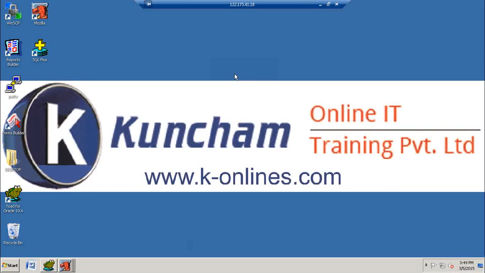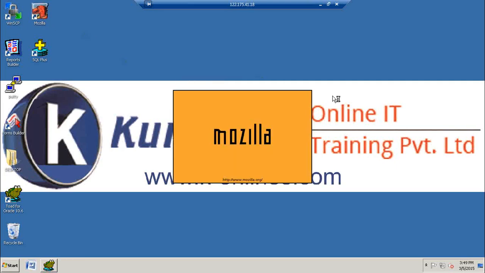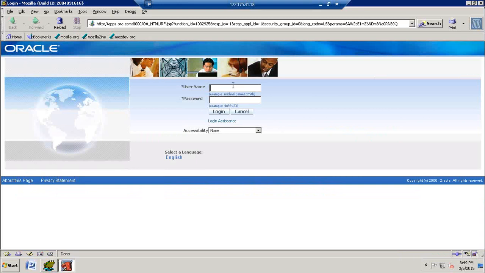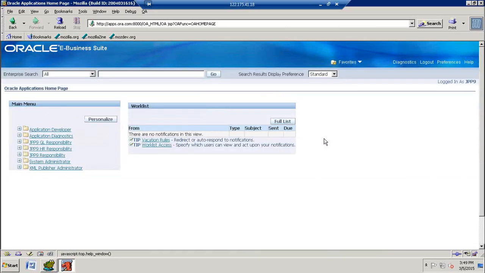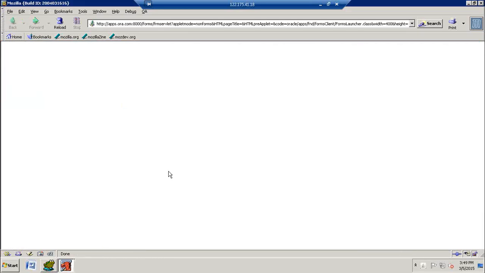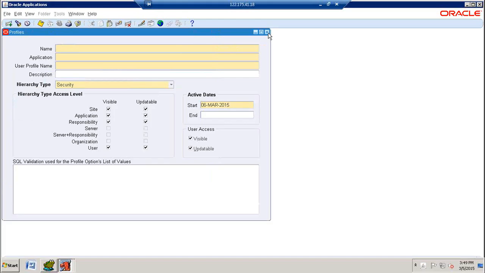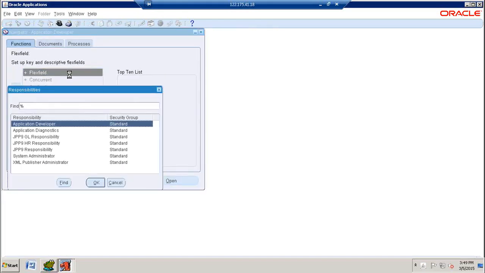So next we define the values. Define the values for accounting structure. So here we can go to a specific responsibility